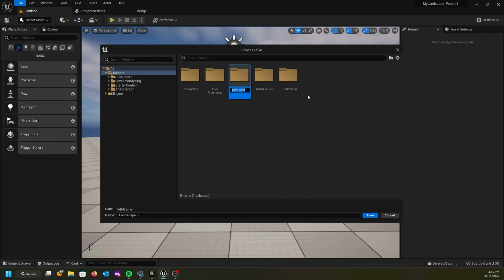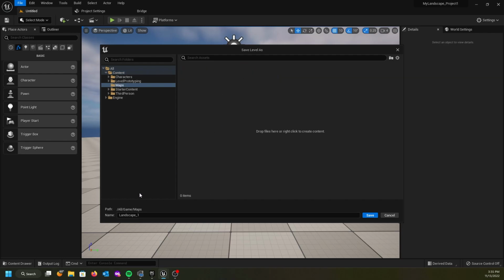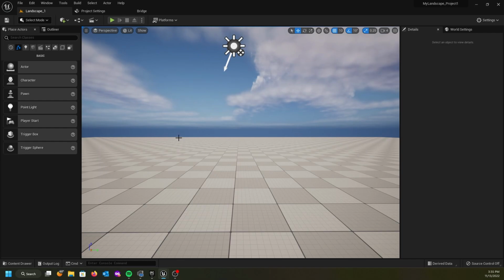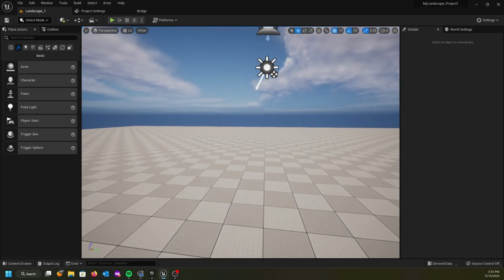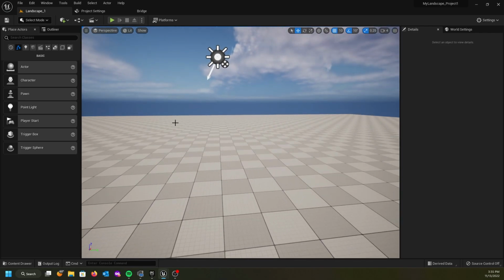I'm going to right click, click in there, put a new folder, and I'm just going to go ahead and call this maps. And I'm going to select the map. Landscape 1 is going to go in there, and we're going to go ahead and save it. Okay, now that we've got this set up, the next thing we need to do is we're going to go